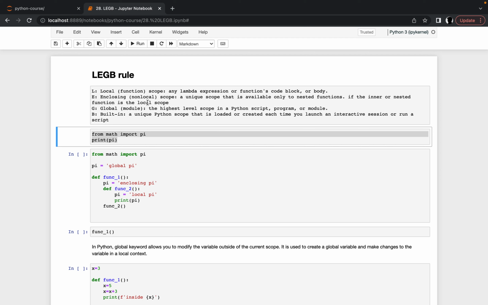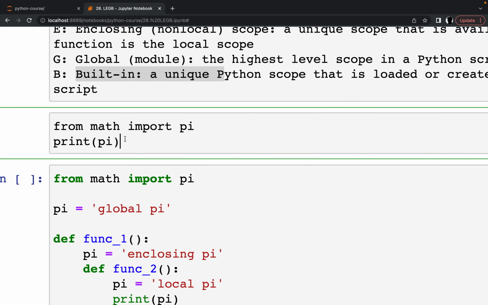In this part, we are going to talk about the LEGB rules. L refers to the local scope, E is the enclosing scope, G is the global, and B is built-in. So what is built-in? For example, if we import